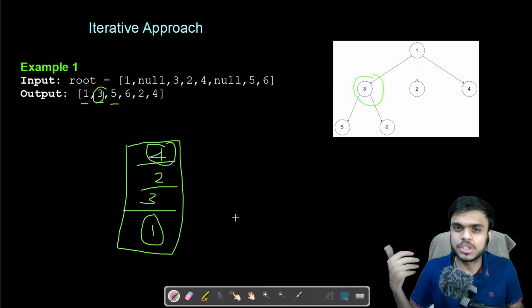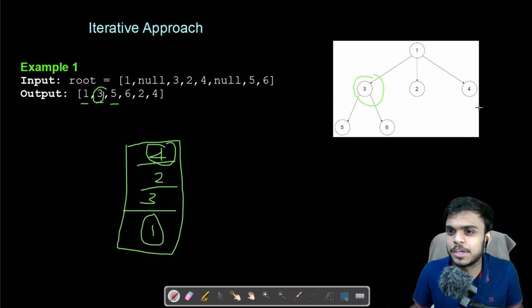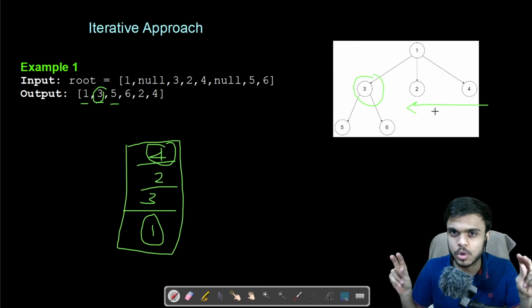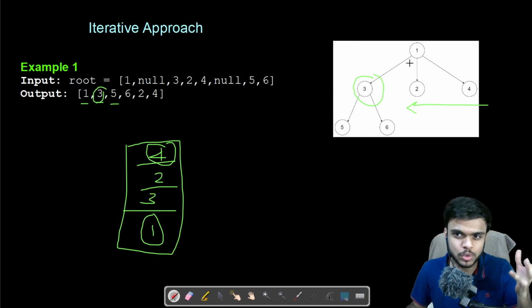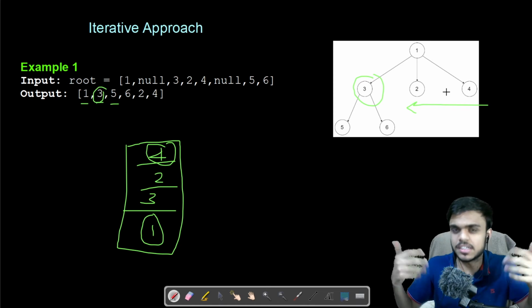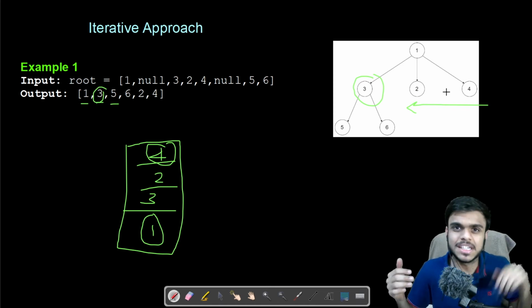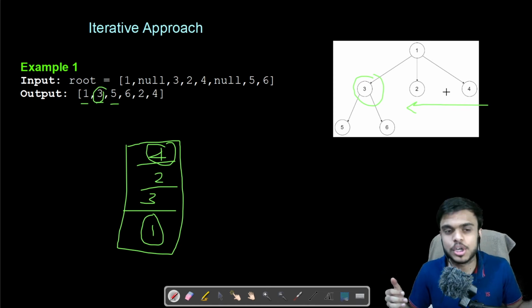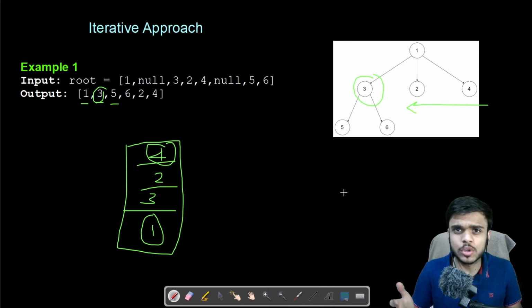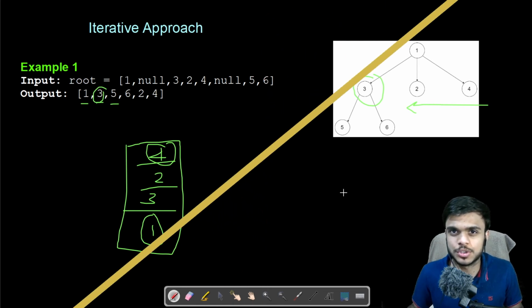So basically, while pushing the elements into the stack, we need to make sure that we push them in the reverse order of any particular level. If we are pushing the root's children, then we need to push them in reverse order, so that on the top we get its left child first, because we need to output its left child first since it is a pre-order. Okay, so let us look at the code and it would make a lot more sense to you.